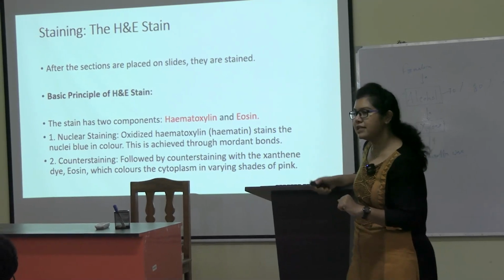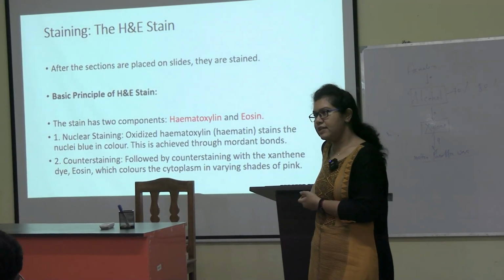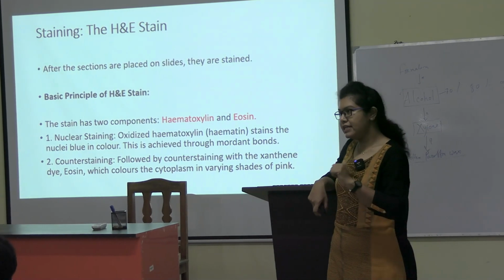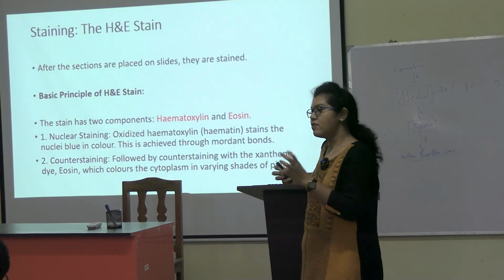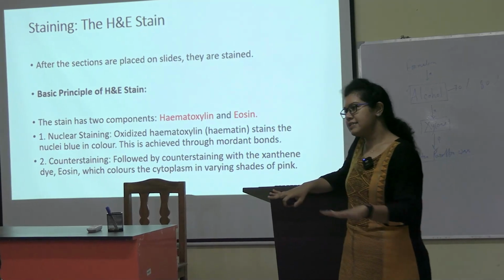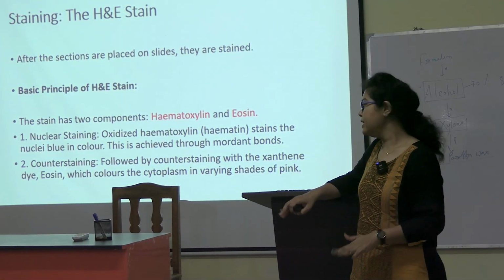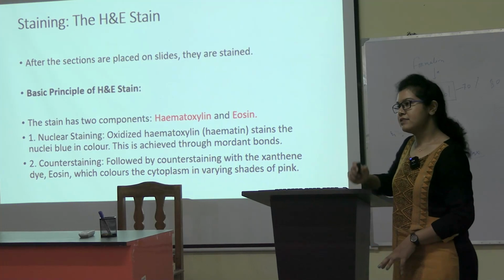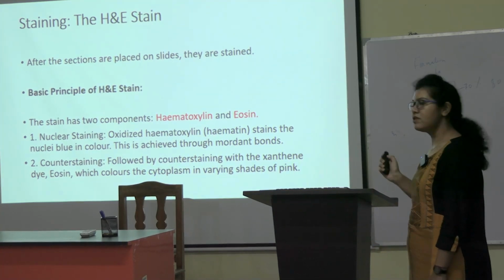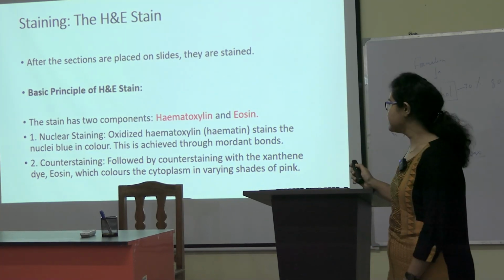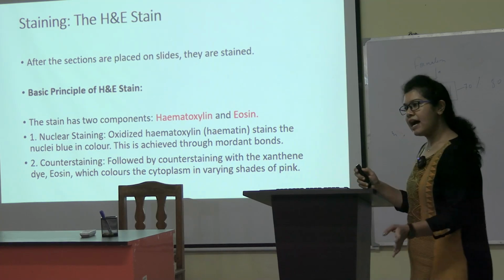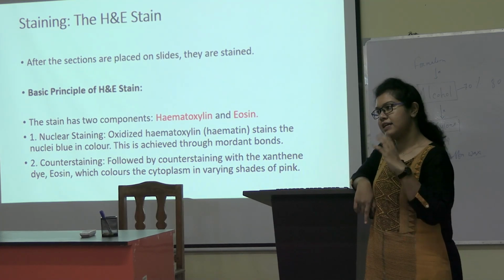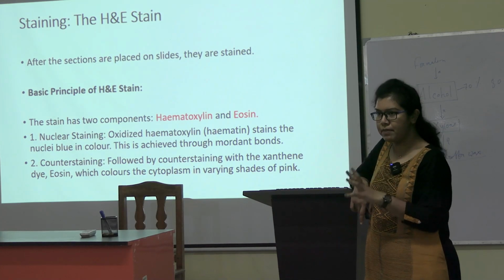So this hematoxylin, as it doesn't have color, we will put it under the sunlight so that it gets ripened and it gets oxidized. Okay. So under the sunlight, you will keep this hematoxylin dye. This dye, when it is ripened, is known as oxidized hematoxylin or also known as hematine. Okay. So after ripening also, it usually doesn't have that much color. It was colorless. Now it became a slightly purplish color.